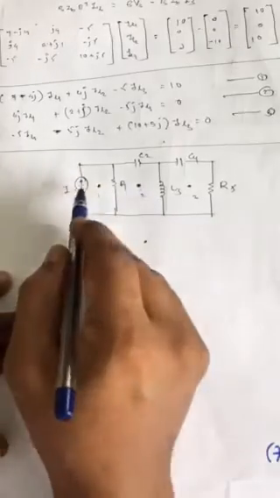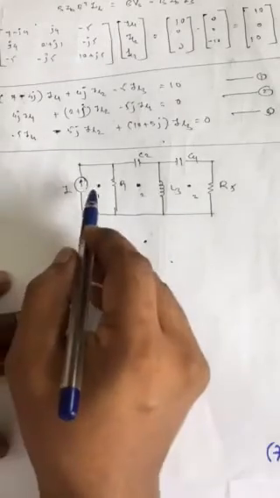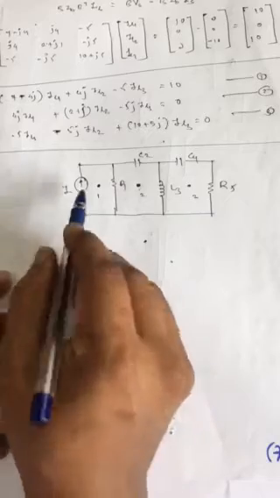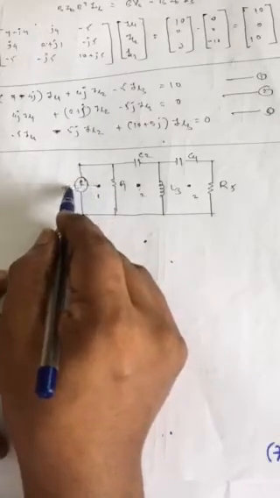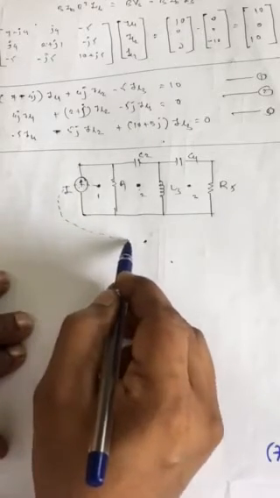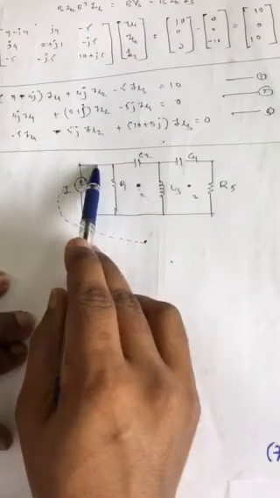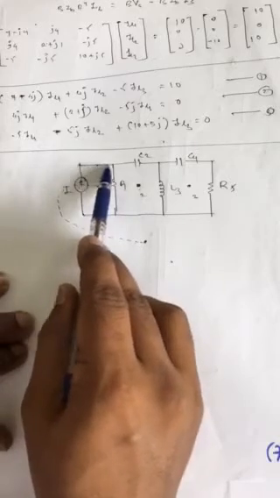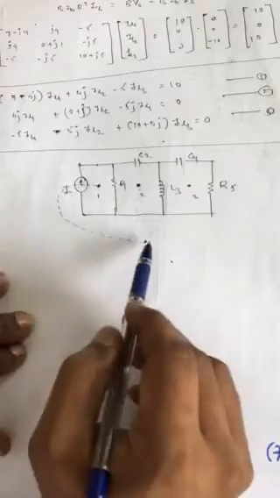Now, if this is dot number 1, we have to connect dot number 1 to the reference dot. But to connect it, there should be some element. So here we can see a current source is there. So we can cut this current source like this. Why we are doing this, I will tell you later. And connect it to this dot. From here, whether to connect or not? No, because there is no element present. So only an element should be cut. So this is how we are connected.